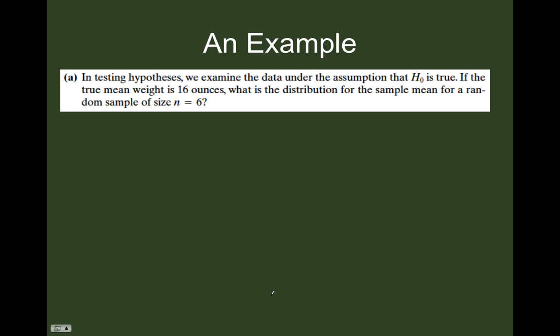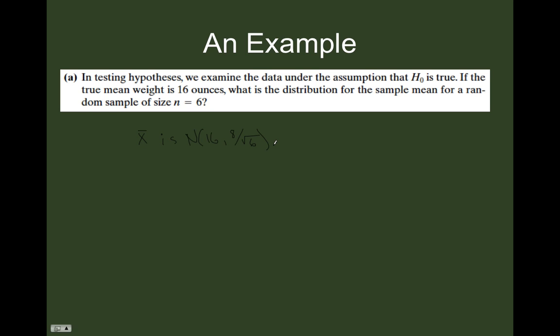So, Part A, in testing hypothesis, we examine the data on the assumption that H0 is true. If the true mean weight is 16 ounces, what's the distribution for the sample mean? I already wrote that down in the previous screen, but let me write it down again. X bar is normally distributed, mean is the same, and the standard deviation is adjusted by dividing it by the